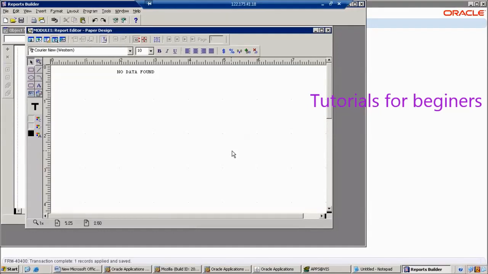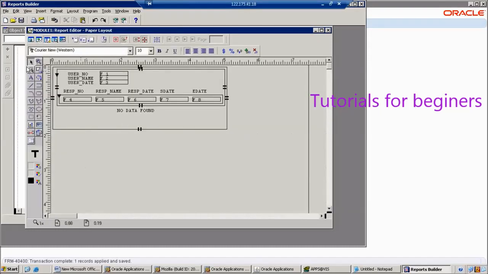What is the importance of no data found? Can we maintain it for every report or not? Definitely we want to maintain this no data found logic in each and every report. Suppose our client has 100 reports, you should display this logic in all 100 reports. And also we want to display the end of the report.